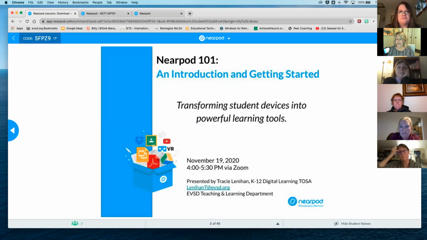Okay. Now there's a little bit of navigation that goes along with this training today. So I think I have it down, but bear with me because it depends on what devices you're on and your comfort level with some of this. So the first thing I am going to do is show you how to